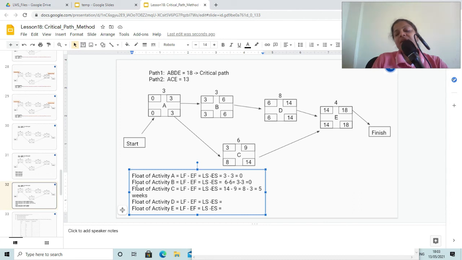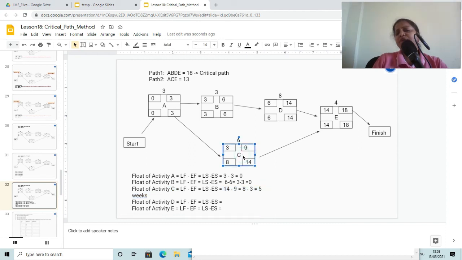That means you can delay activity C by 5 weeks without affecting your project duration. Like even if this activity is getting delayed due to any reason, the latest it can be delayed is 5 weeks and not beyond that. And if this activity is getting delayed beyond 5 weeks, then it is going to impact your project schedule.